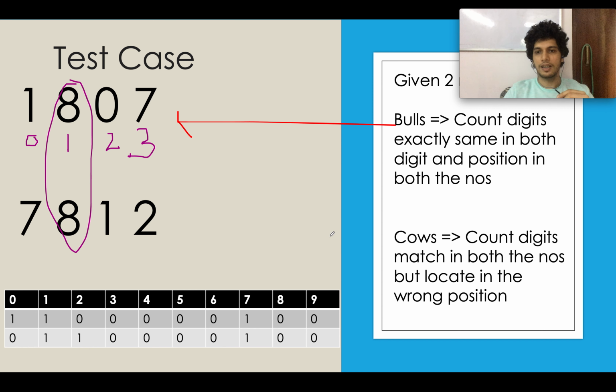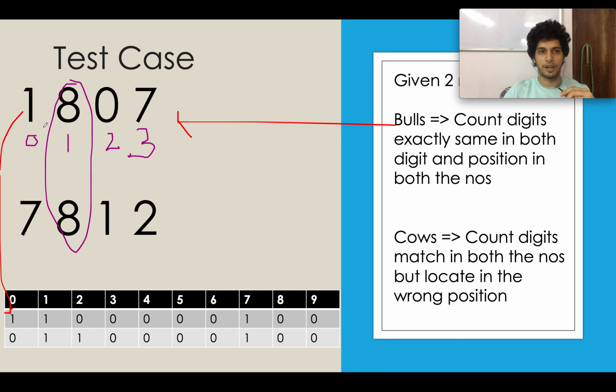For the second part, how are you going to calculate cows? You will store the frequency wherever there is a mismatch, not bulls, in a frequency array or count array for both the strings. So for 1807, the map will be something like this.